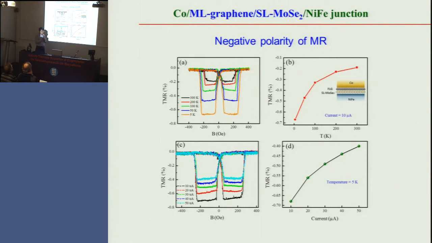Now I replaced the intermediate material, like graphene and MoS2, with a mixture like this. Now look at this, and the polarity of TMR actually switched. It shows a negative TMR, like this. This material still shows metallic behavior.